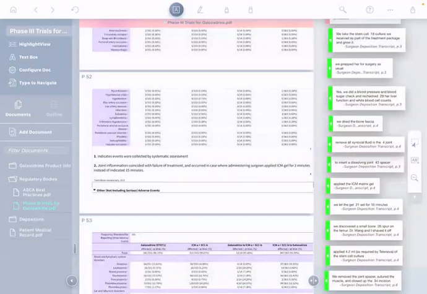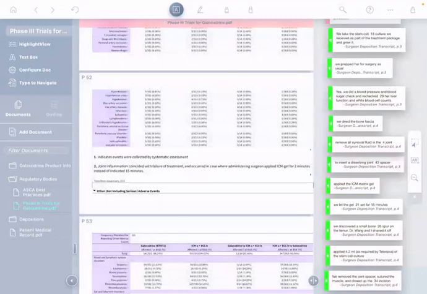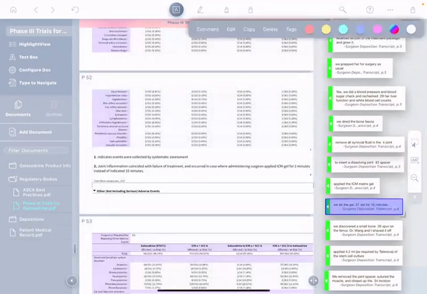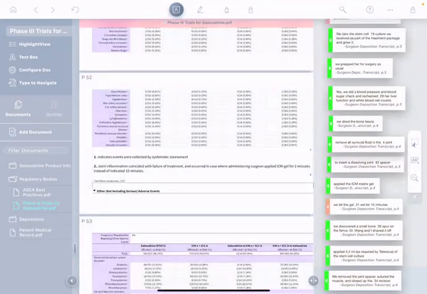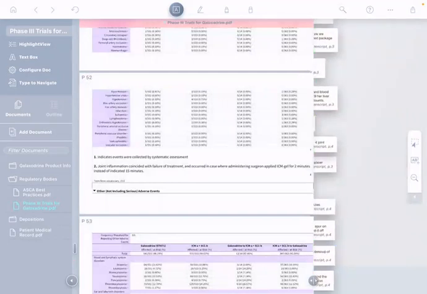There actually was one case during the clinical trials where one patient had a failure of the treatment and just had some inflammation. But in that case, the administering surgeon only applied the ICM matrix gel for 2 minutes instead of 15. Well, in our case, the surgeon says that he applied it for 15 minutes, but maybe there's some connection here. I should at least keep track of this.